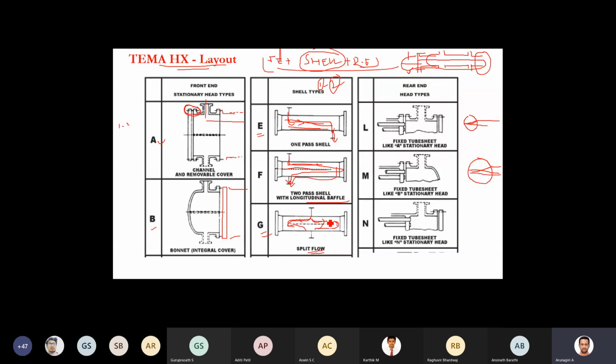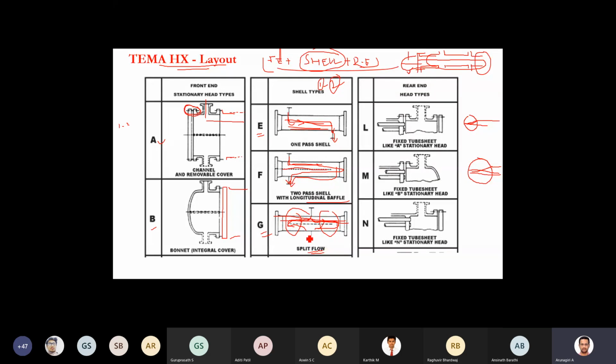Okay, so in the exchanger, if your tube fluid flows like this, part of the exchanger experiences parallel flow, part of the exchanger will experience counter flow. So parallel flow part and counter flow part. But this is not the case here. If you have two passes, what will happen? One side pure co-current, another side pure counter current. But this is not the case. In a single exchanger, partially it is parallel flow, partially it's counter flow.